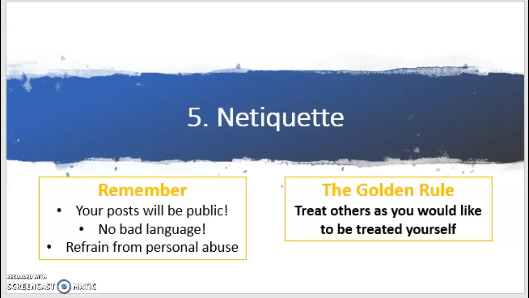nothing is wrong with providing robust disagreement with someone else, but remember the golden rule. Treat others how you would like to be treated yourself. If you keep this in mind, everything will be fine online. The most important thing is that you engage, and that will help your learning and help you connect with others. So please do get stuck into discussions. Just remember the golden rule.